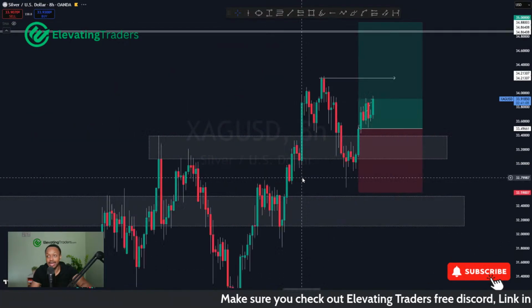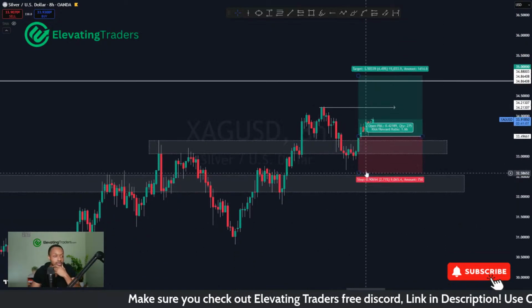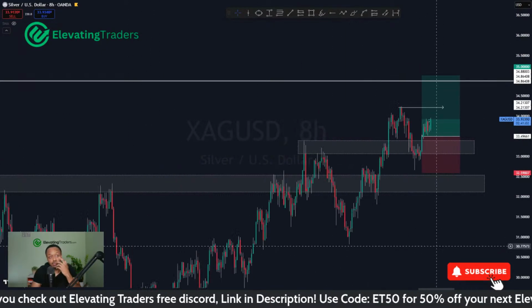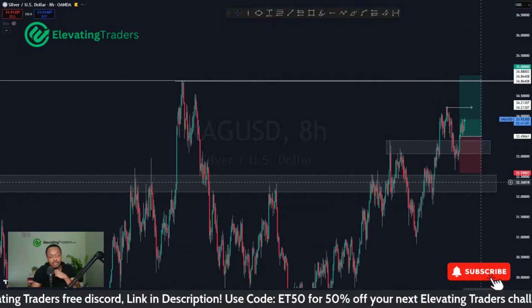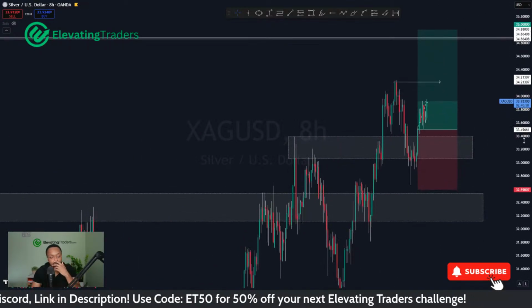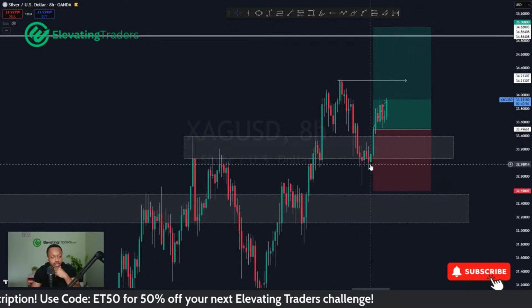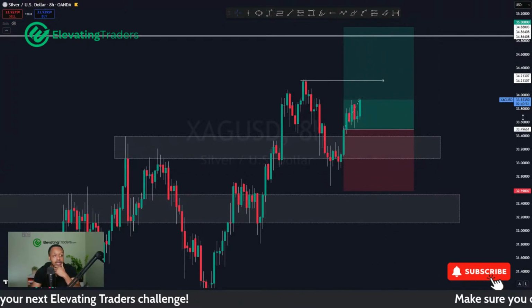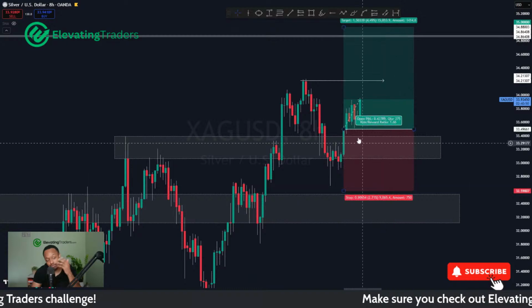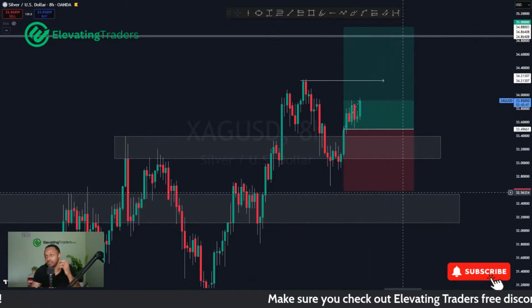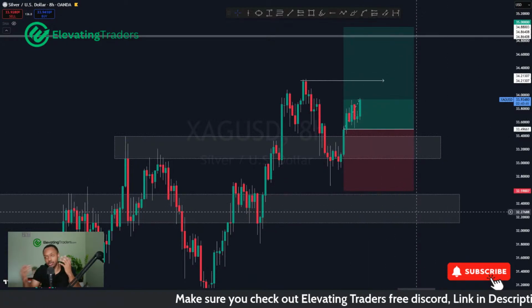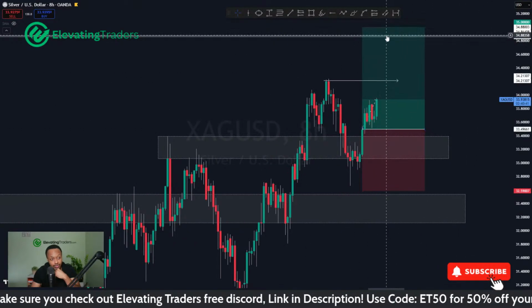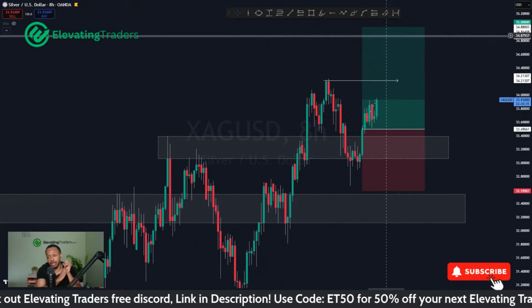I entered on that 8-hour time frame on this candlestick here based off the break and retest of the high there. I was originally looking for silver to come in and retest 32.5, but it didn't look like it was happening, especially after all that rejection at the low. So I did hop into the trade here and I'm seeing how price goes. If it does come back and stop me out and test the original level I wanted to buy from, I'll just look to re-enter. Yeah, so far, hopefully silver can pick up, especially with gold pushing to the upside now.